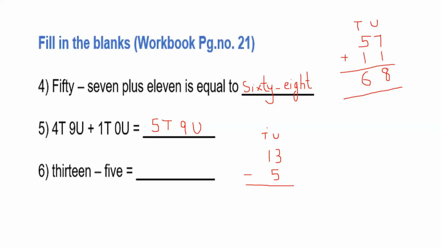Okay. So 13 minus 5. Take out 5 in your hand. I have taught you backward counting, right? Backward counting. Before 13, what comes? 12, 11, 10, 9, 8. Count again. Take out 5 in your hand. No one is taking out. I can feel it from here. Take out 5 in your hand.